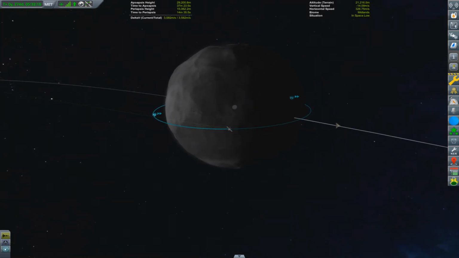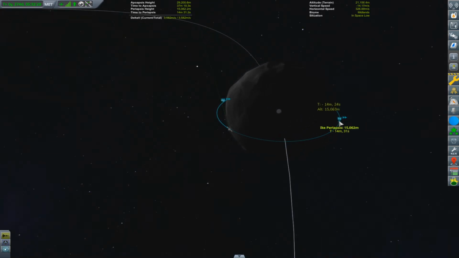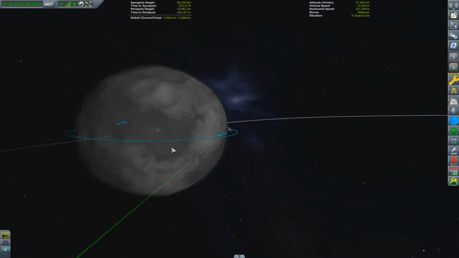Well... I could come out here, push this up to high orbit, do the science, and then come back down and land. I mean, I got a ton of Delta V. But I kind of want to do the landing before the episode's over. And I think...